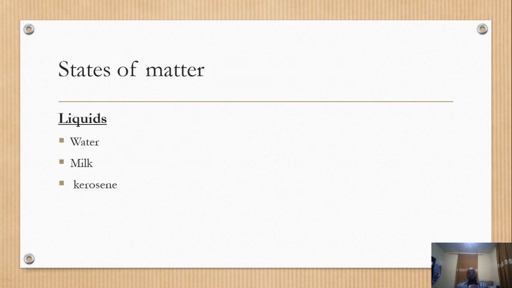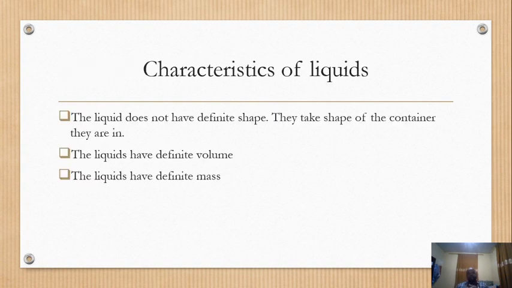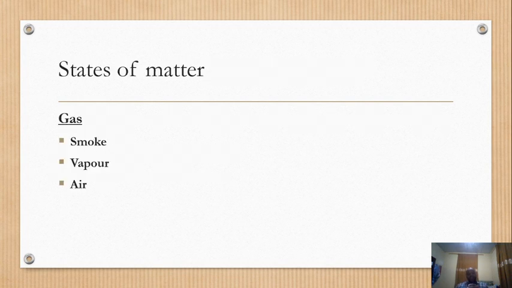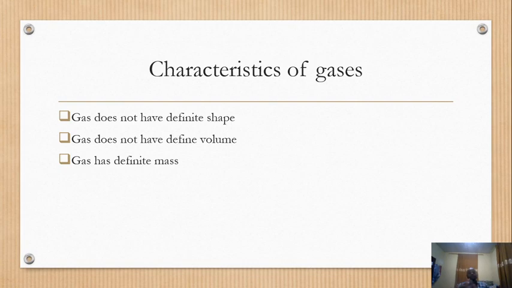In liquids, examples are water, milk, kerosene. Characteristics of liquids: they do not have a definite shape, but they take the shape of the container they are in, like the bottles or the cup. The liquids have definite volume and they have definite mass. States of matter: gas. Examples of gas: smoke, vapor, air. Characteristics of gas: